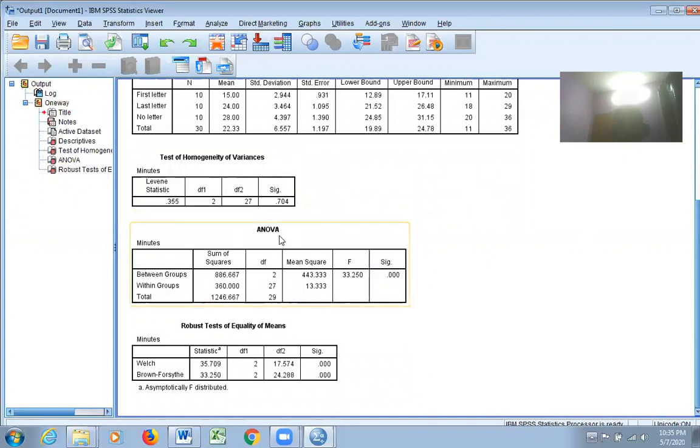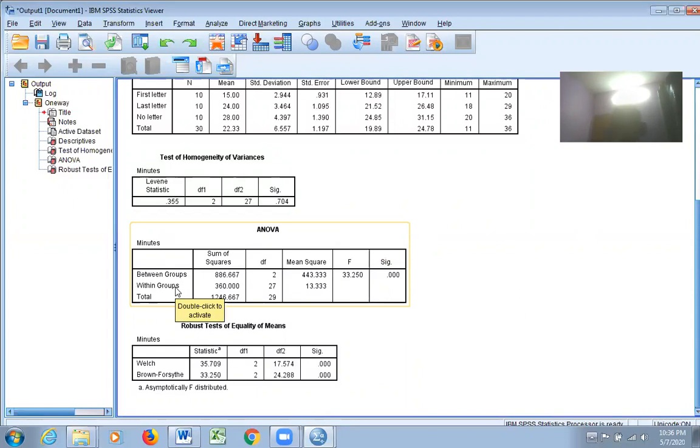But luckily in our case, the data assumes homogeneity of variance. So I can go ahead with the ANOVA test. In the ANOVA table, you can see two lines here: between groups and within groups. Between groups means, is there any difference between the groups? We have got 3 groups. Among the 3 groups, data will be analyzed and an answer will be given.